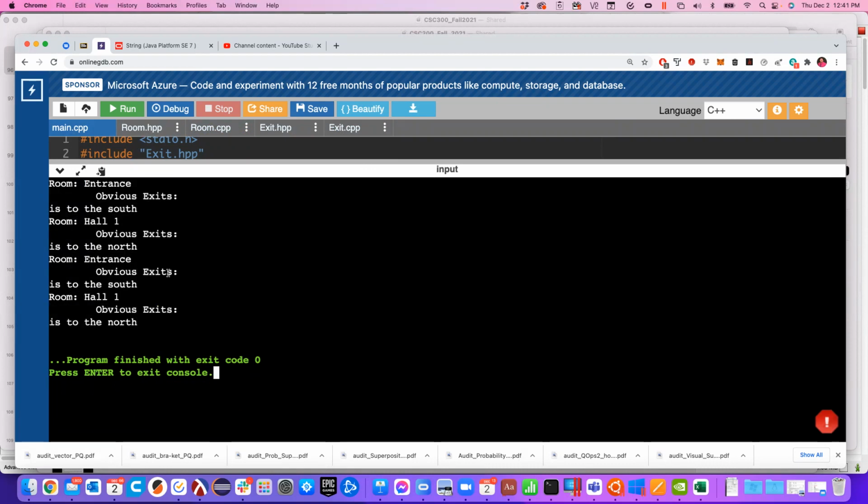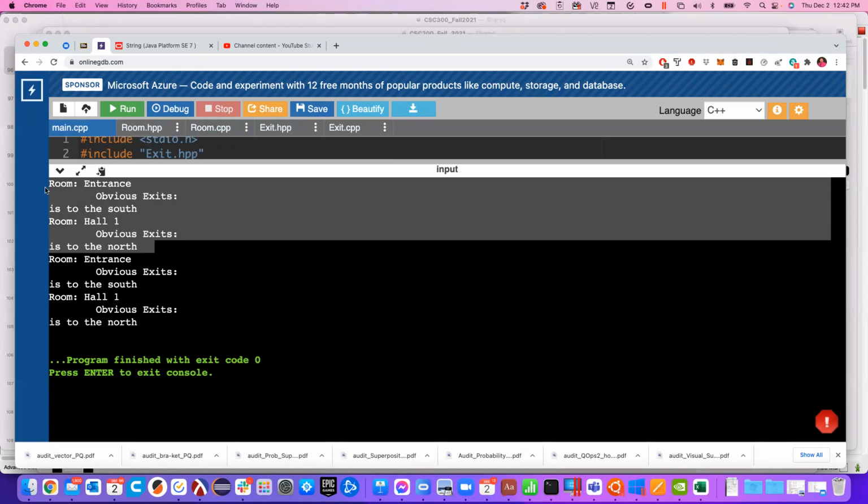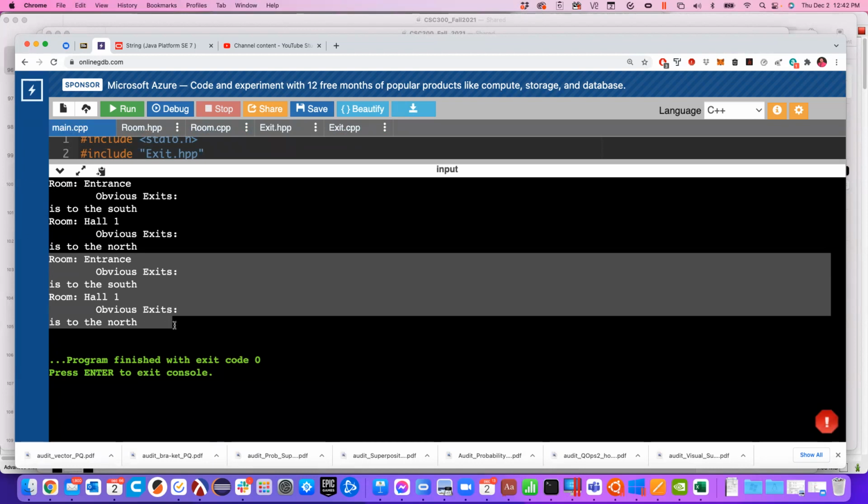So there's the 2 times. This is the first time. This is the second time. This is the output of what an exit looks like. All right. Makes some sense? All right. So now,